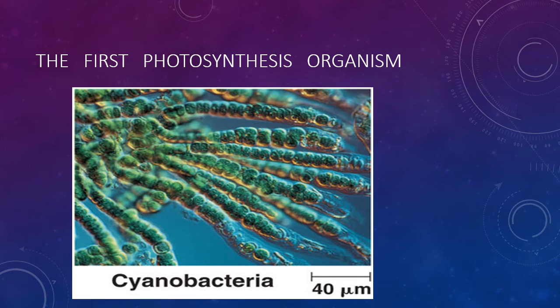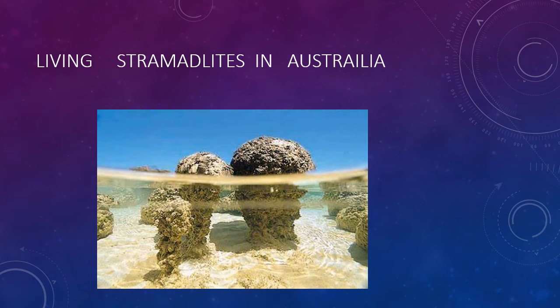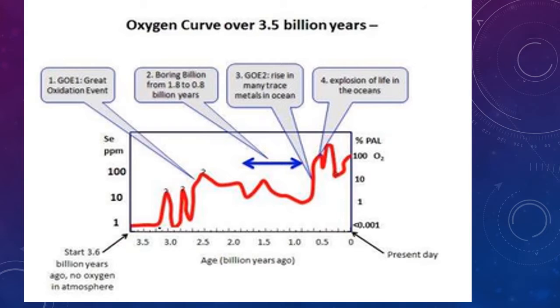The cyanobacteria were the first photosynthetic bacteria that started to turn light into food. They still live in some parts of the world. They're a heavy structure under the water, and then at the surface, the cyanobacteria live in a slimy combination on the surface of these. They created oxygen, and 3.6 billion years ago, they began to make oxygen.